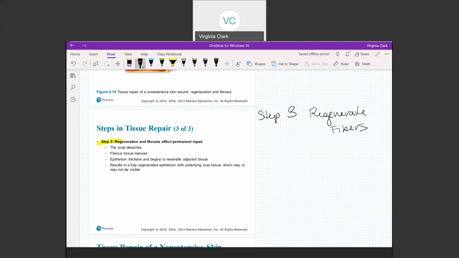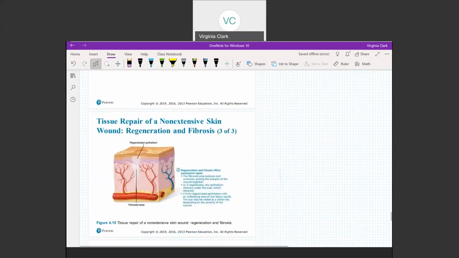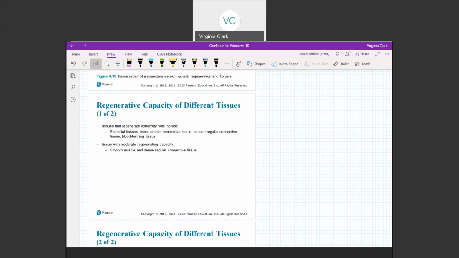If there's any type of severe cut, you may or may not have underlying scar tissue, depending on how much that exterior layer of the skin, the epithelium, needs to be healed. You may not have a scar, you may have a scar, so you can see how this is happening right here. Okay, why we actually care about tissue regeneration is because